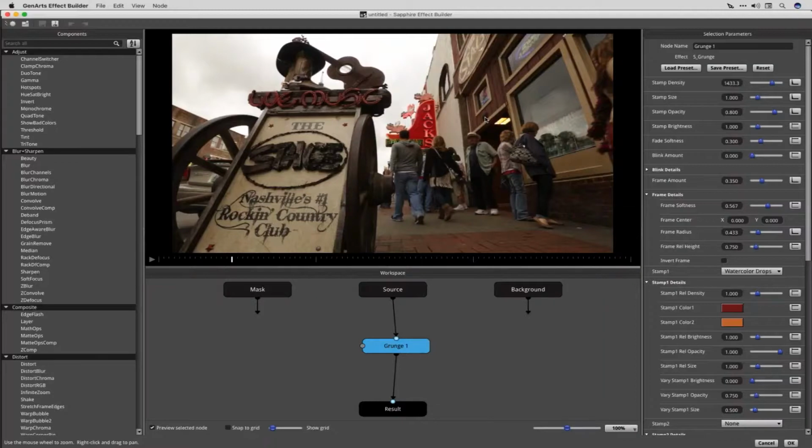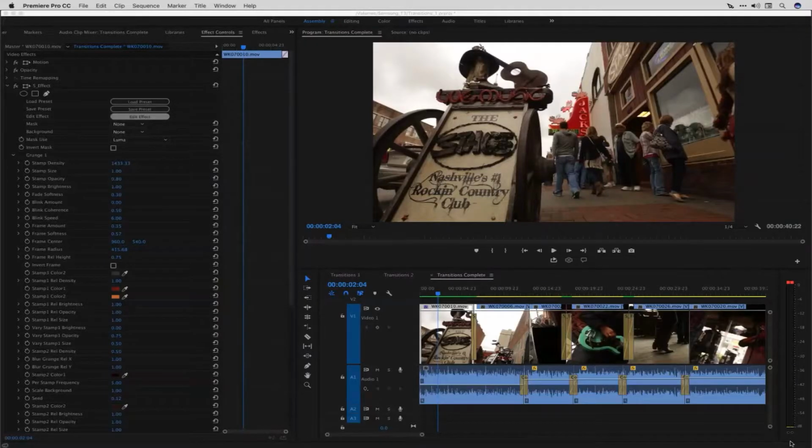So that was just one thing I wanted to mention. When using Sapphire, beyond just using S transition or all the transitions there, don't forget that there are effects with animation curves, and you can access them by basically placing S effect on a clip and then going into Builder and just making a couple animation curve adjustments. So that brings me kind of to the end of what I needed to cover, and